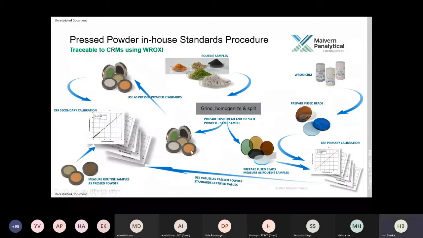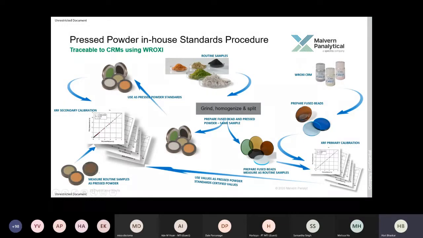On one side, you also have to prepare the Roxys into fuse beads, set up a Roxy calibration, which is called the primary calibration, and run the routine samples, prepared as fuse beads, on the Roxy. You will get the concentration values. Use those concentration values as secondary standard concentration values. And the press powders that you have prepared from that same sample, use them as secondary standards,